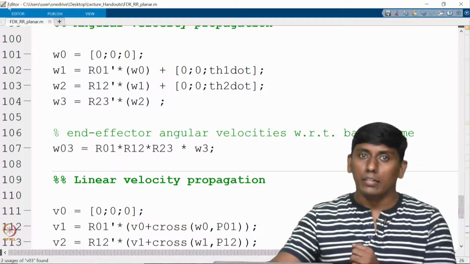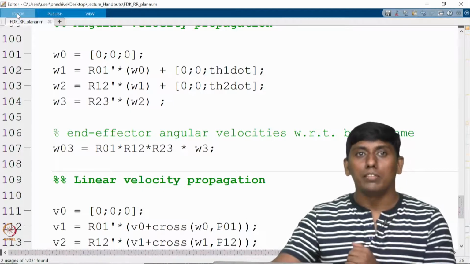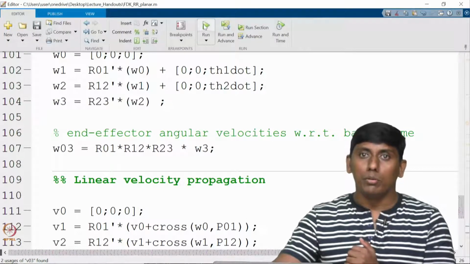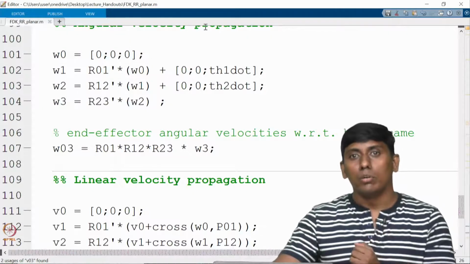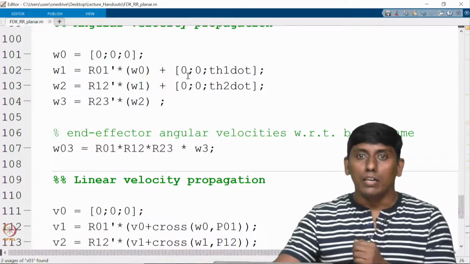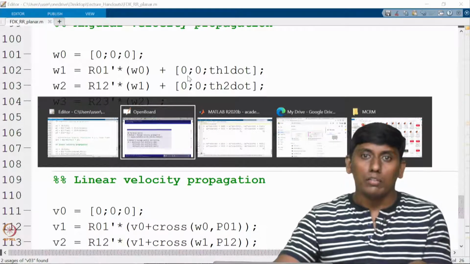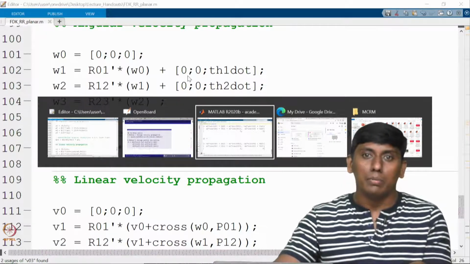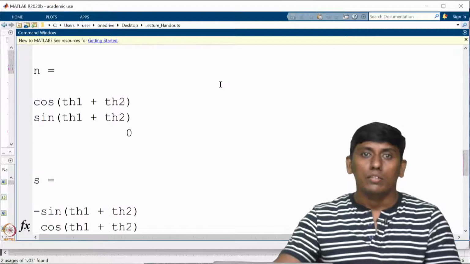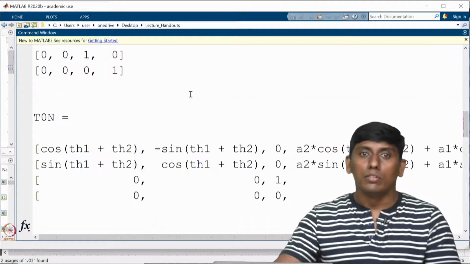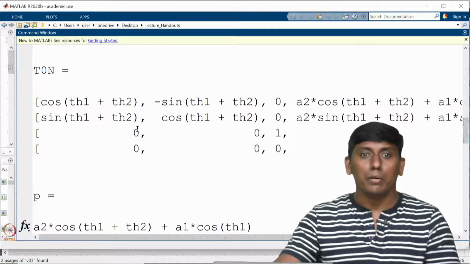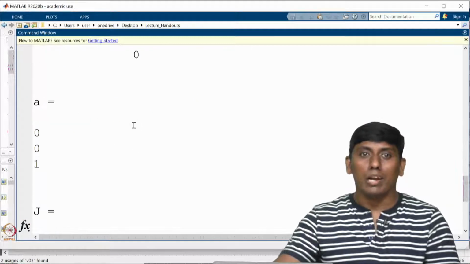Okay, as I already said, I have minimized this editor window. So you click the editor window and you can run this code. This code is error free. Now if you run this code, you can see that the result is obtained here. Okay, so we can start from this. All of these we have seen in your kinematic model.